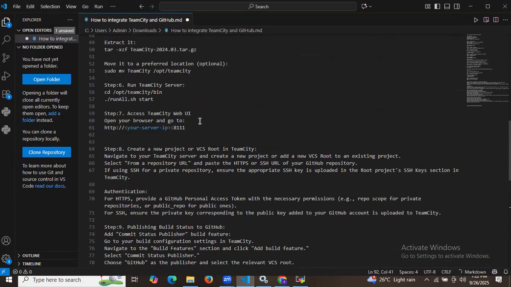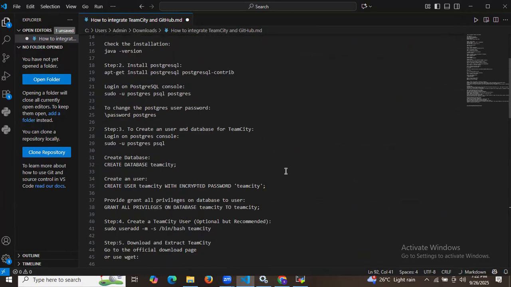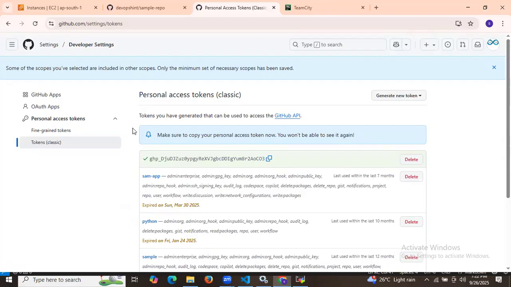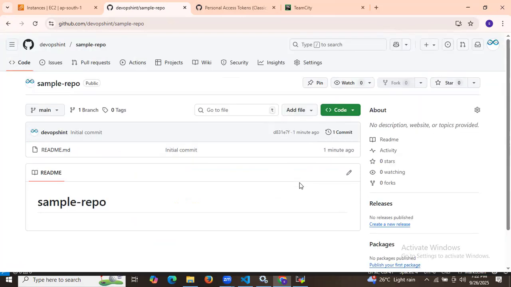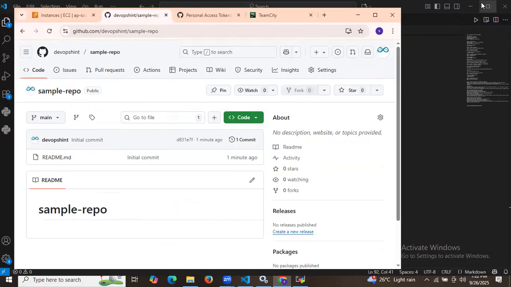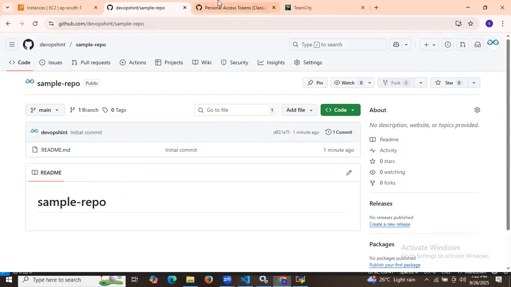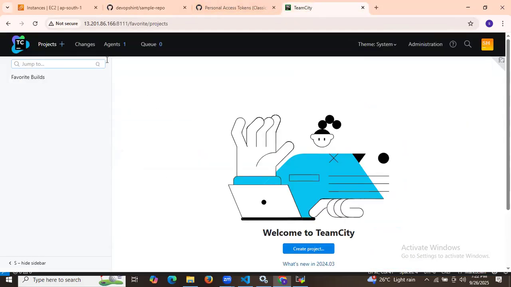Okay, so we have successfully created our prerequisites. We have successfully created the project and we have successfully created our personal access token also. Now let's go to TeamCity and create a project here. Now there is no project, so click on create project